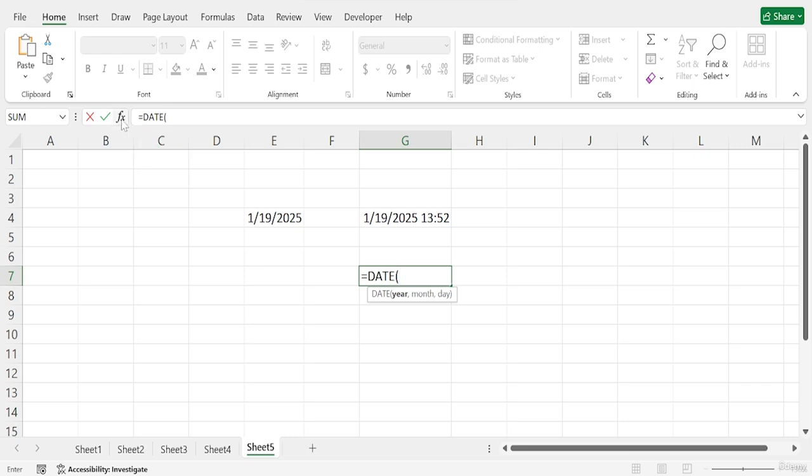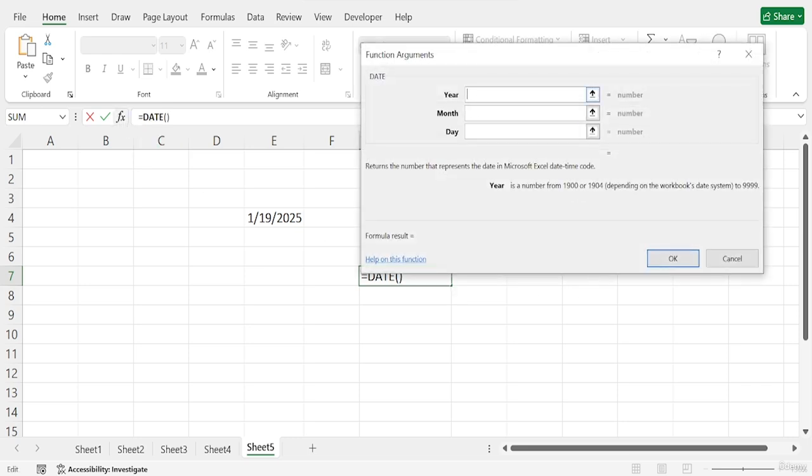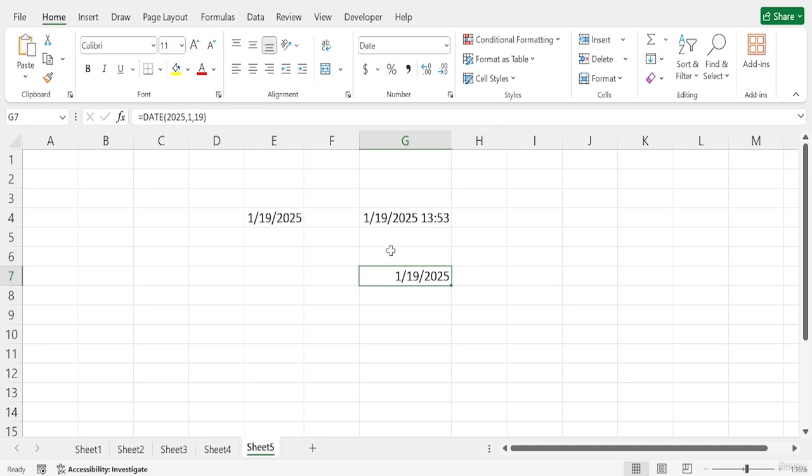If I go to the function arguments, as you can see, at first it requires that you put in the year. Then I will add the month, let's say January, and the day, let's say 19, and if I press enter, it will create a custom date in your spreadsheet.